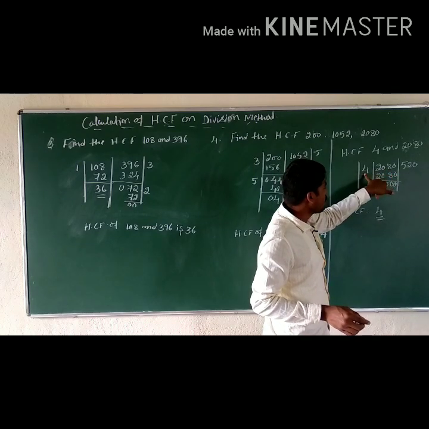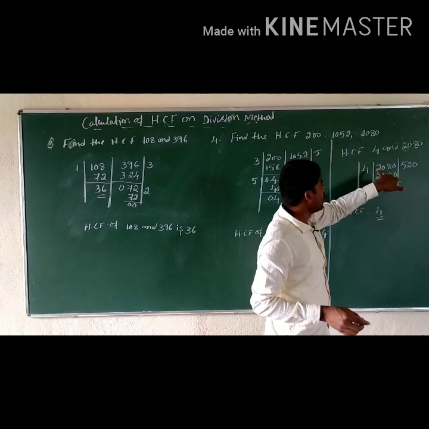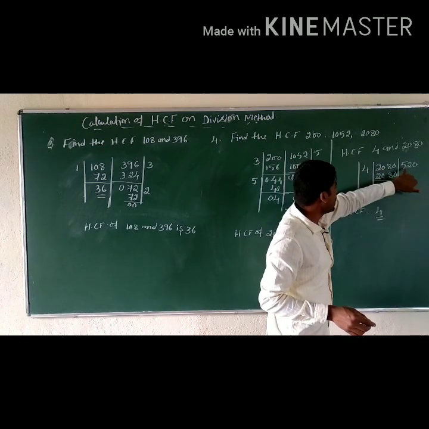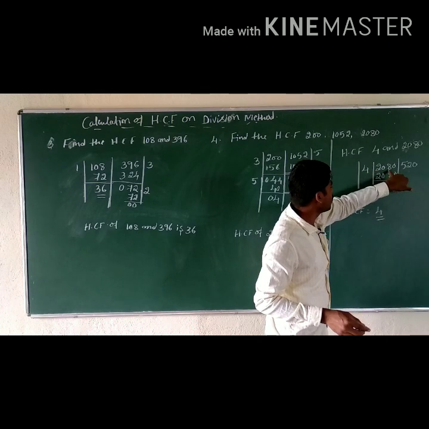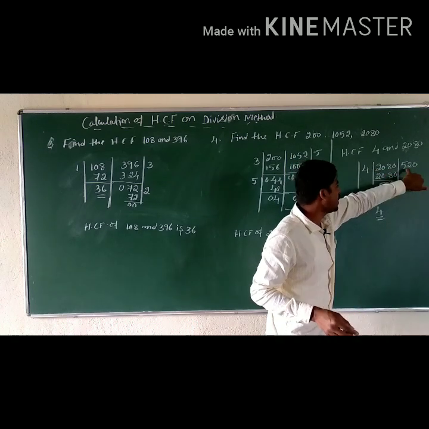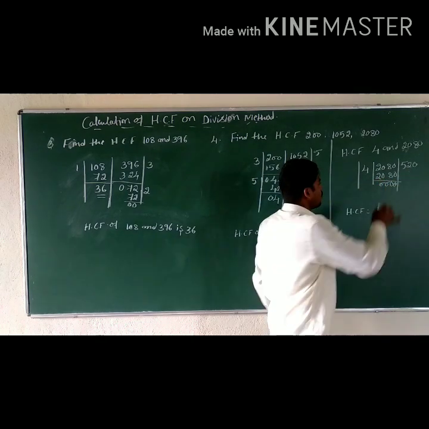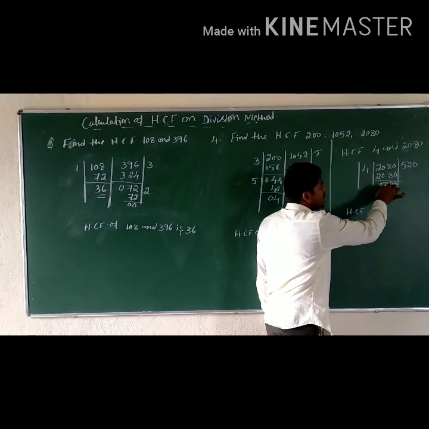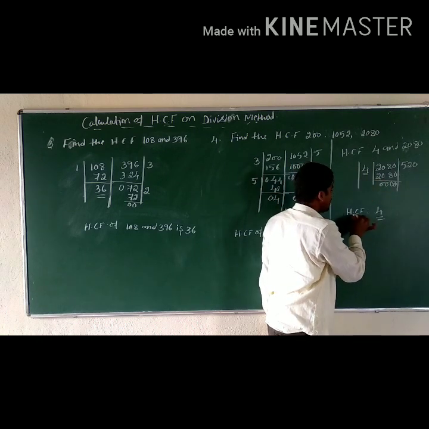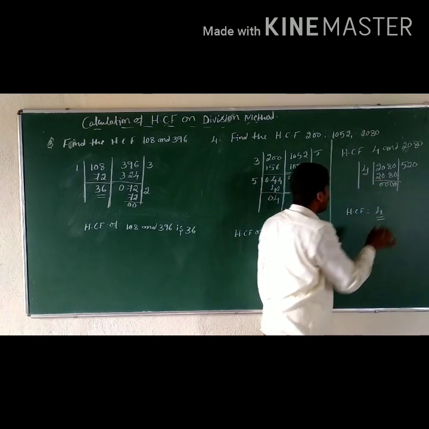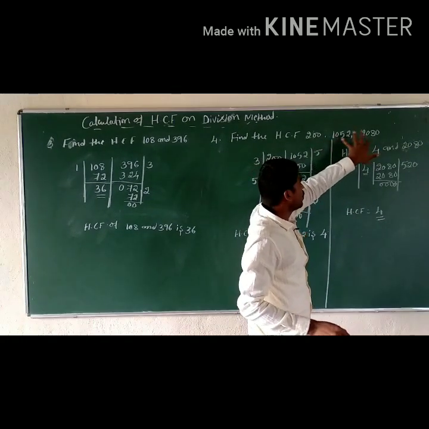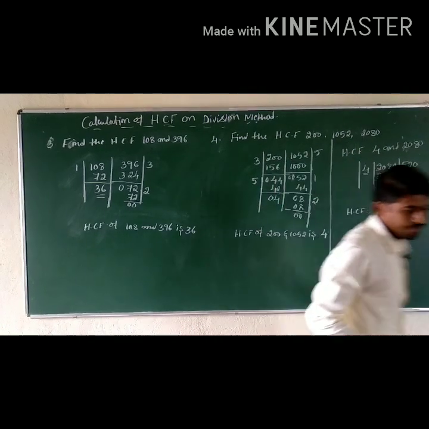This is the lowest value, this is the highest value. With the help of the 4, we are going to divide this value. 4 fives are 20. 4 twos are 8. Now 0 is the common, right? 4 520s are 2080. 2080 minus 2080, what do we get? 0. Now the balance here is 4. That's why the HCF is 4 for 200, 1052 and 2080. We have to solve the problem like this.